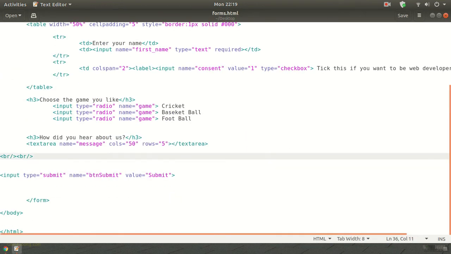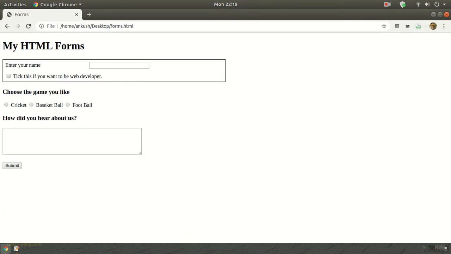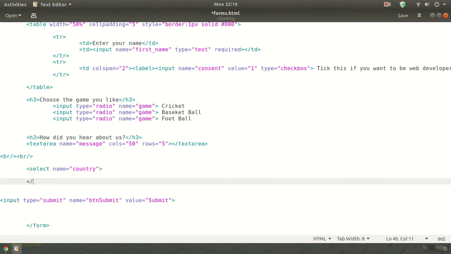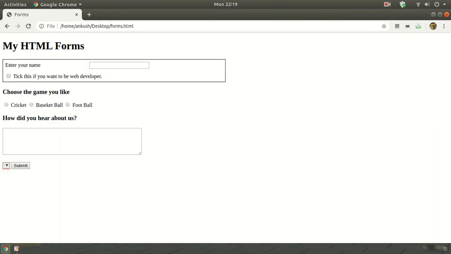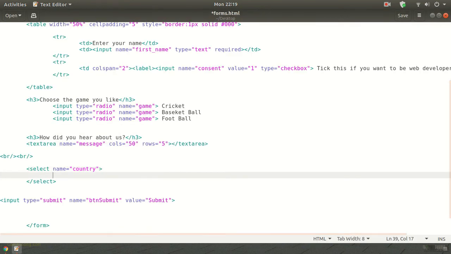Right, let's move further. Say you want to select from a list of countries. Select name is equal to country. So this is another tag, select name is equal to country. Let us see what happens. Submit, but no information is there. It looks like something can be opened by click, but no information is there. How can the information enter? For that we have another tag, option, and let us say India, option,